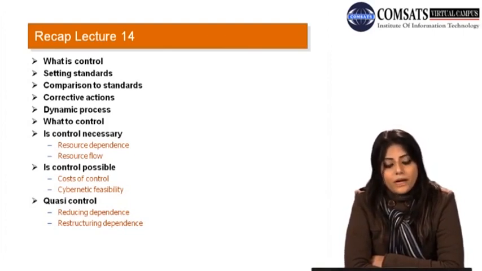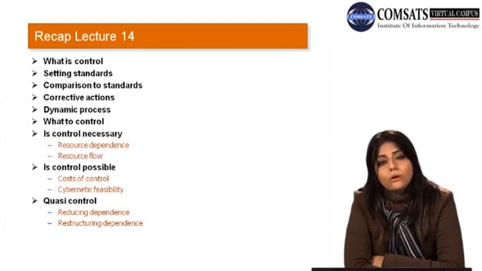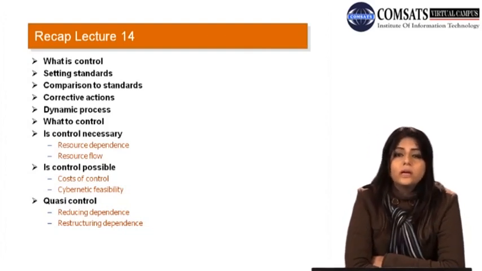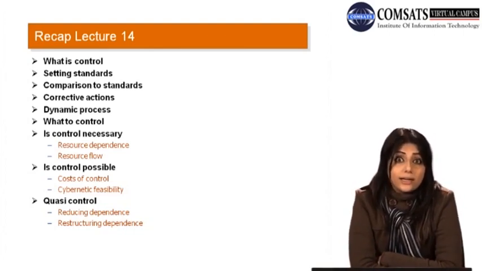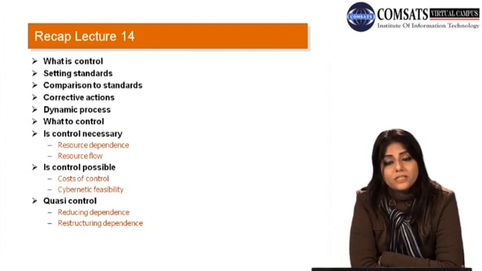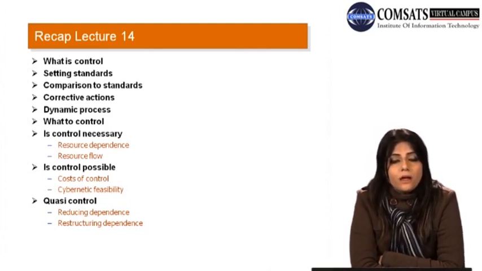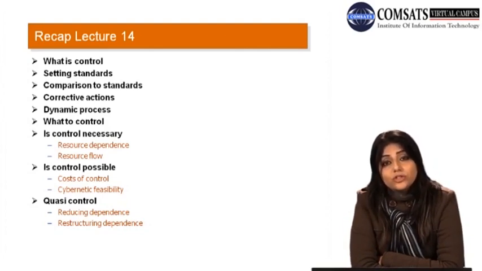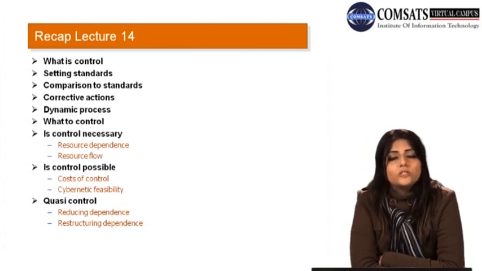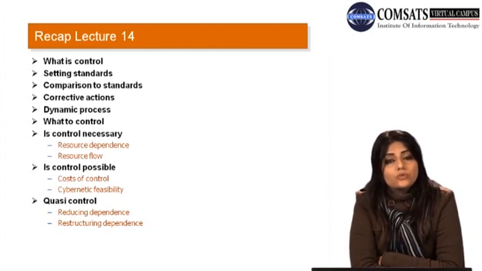And the other one is the restructuring of the dependence. Instead of reducing the dependence on a particular resource, which means changing your strategic goals and strategic options, just as happened in the case of Pepsi, which changed its comparative strategy or its strategic goal, in the case of restructuring dependence we don't change our goals or our corporate strategies. We are only switching to the substitutes of the resources.